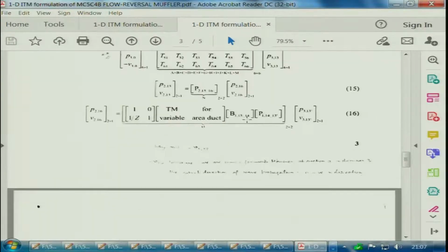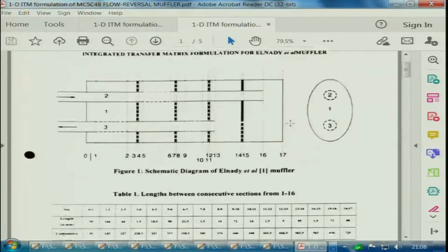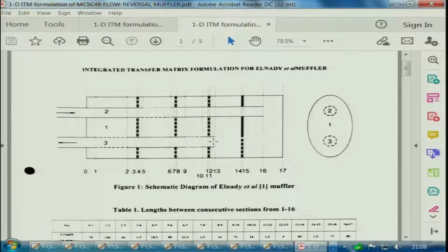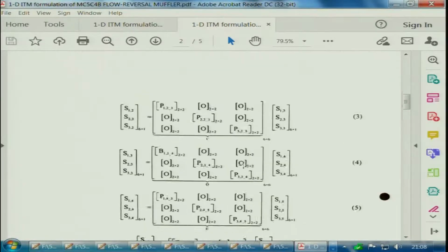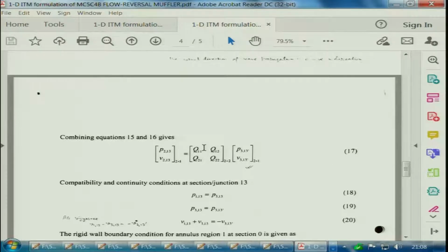And finally, after all the algebra, one can relate P2 16, V2 16 to P3 and V3, P3 V3 13. So, what is P3 and V3 13? This is really the pressure and velocity here, and P2 16 and V2 16 is somewhere here. So, once we know the relation between these two, encompassing all the other things that happen in between, we can relate P2 13,